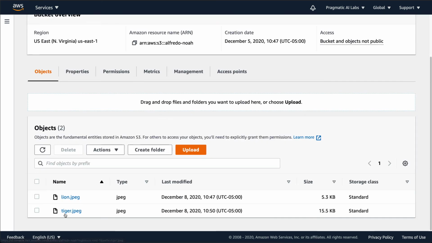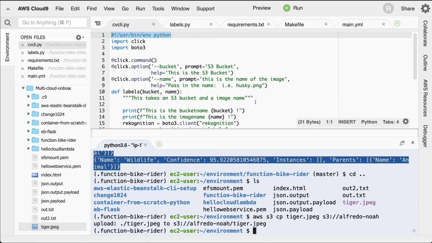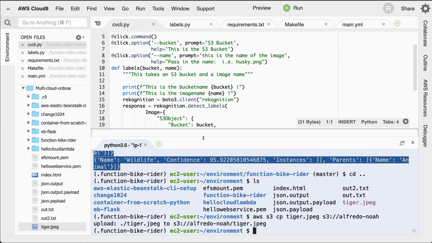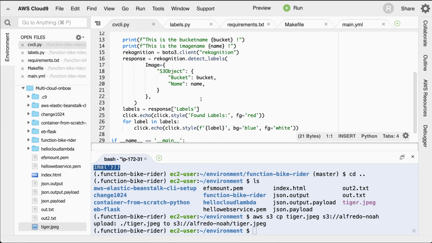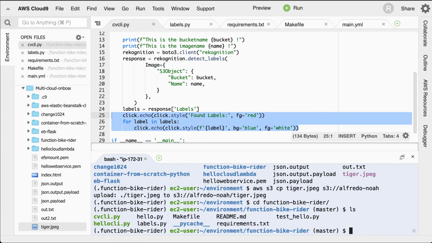There we go. There's a lion and a tiger. So now let's run this code again, the one that goes through and finds the bucket, and then does our click command line tool here. And we'll say, let's go into function bike rider, and let's